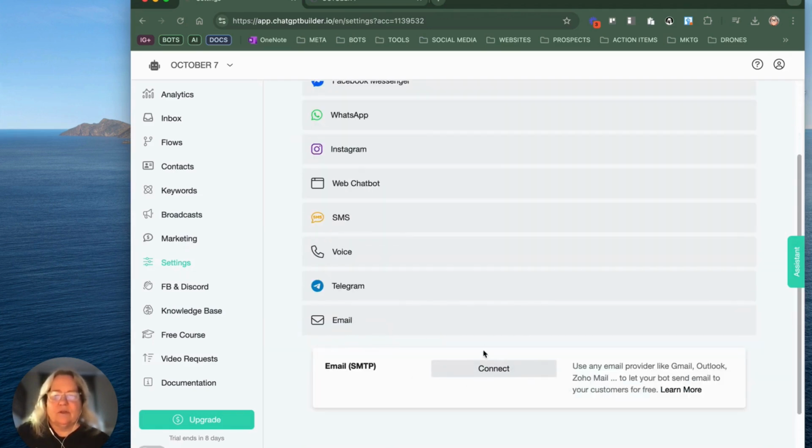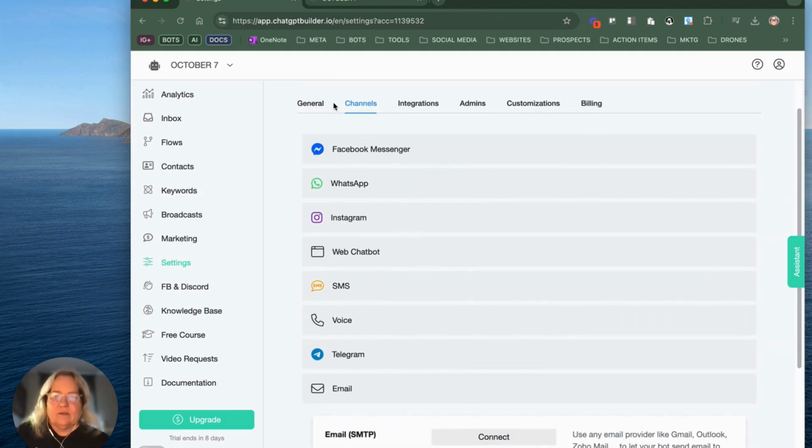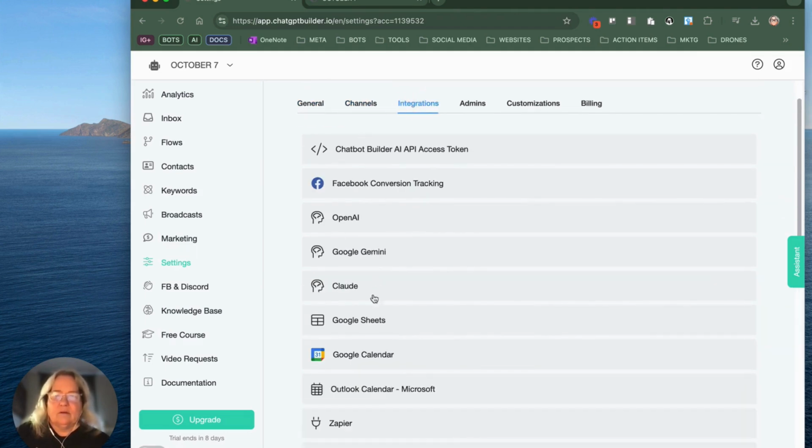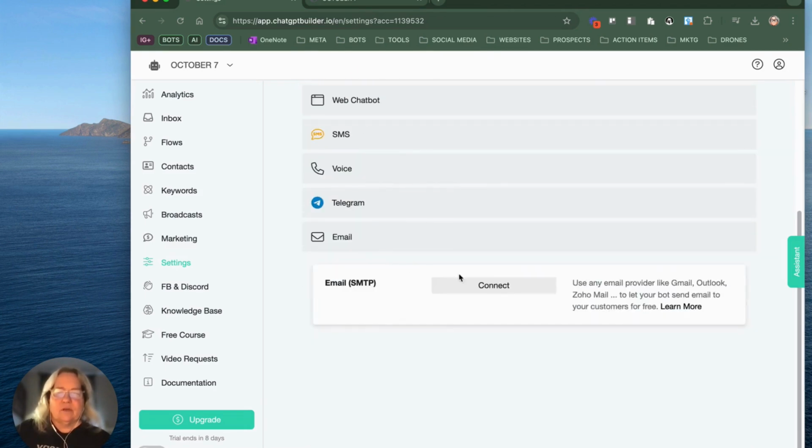So I don't have anything connected, and I don't have anything connected in my integrations for my calendar either. So you'd have to set up the calendar in here, and you'd have to go to the channels and set up your email. But that's how the prompts, functions, and flows work